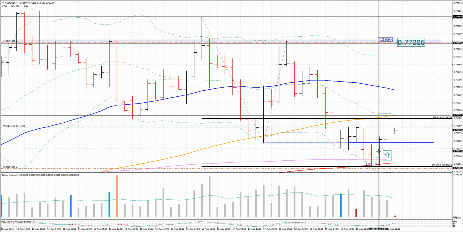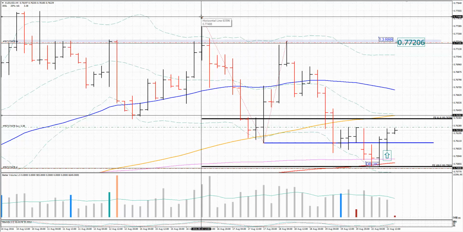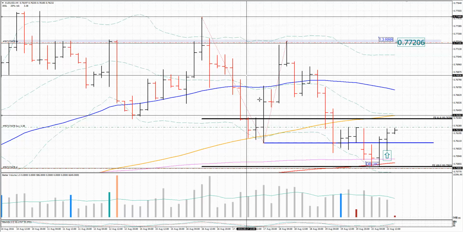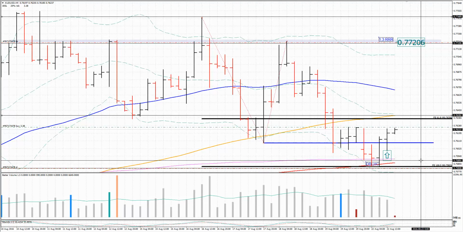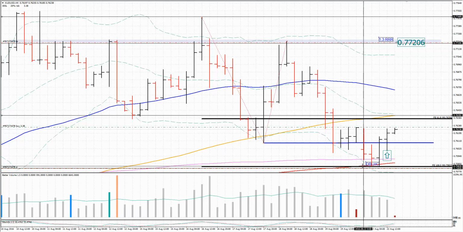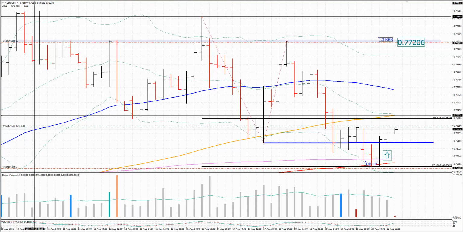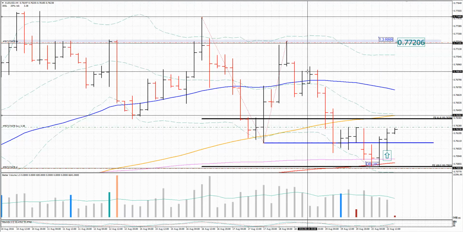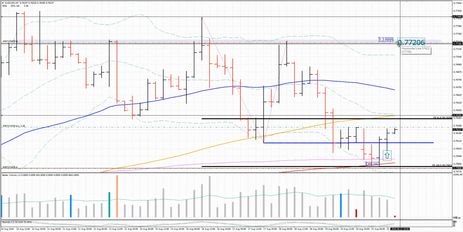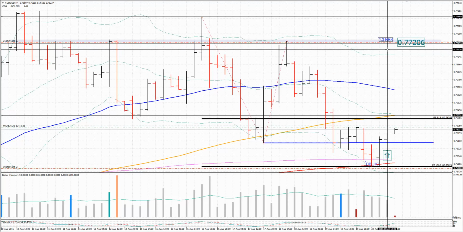Also, an interesting thing here is that I placed the Fibonacci expansion level from this A leg, B, and potential C, and price stopped exactly at the 100% expansion, 0.7582. So I really like that the support is very big, and the price action confirmed the support on the 4-hour time frame, which is a sign that we may see upward price in the next day or two, and I'm expecting again my target, which is basically the area of 0.7720-ish,